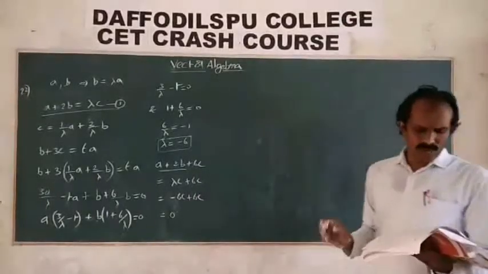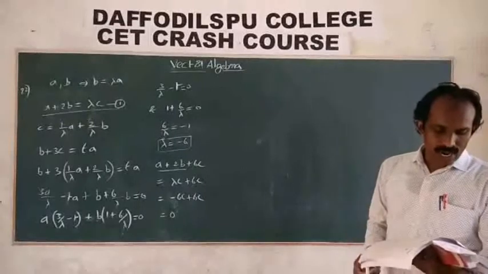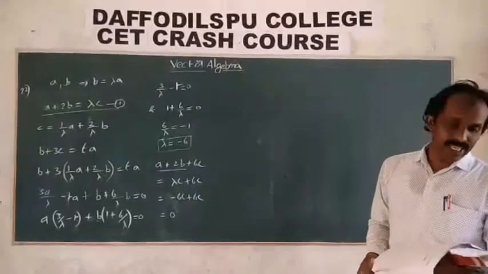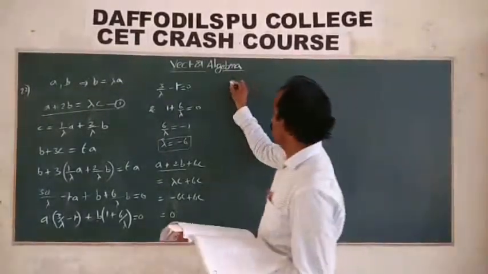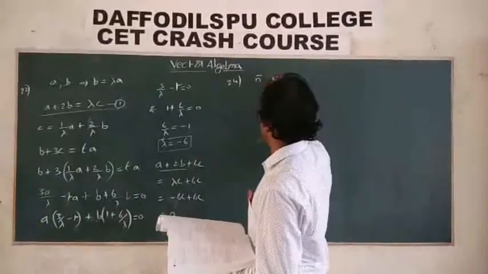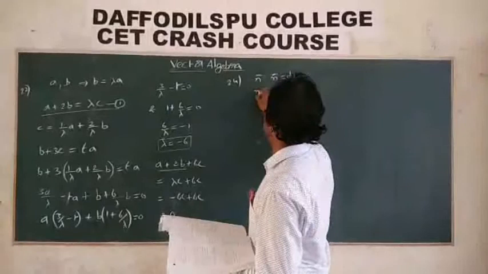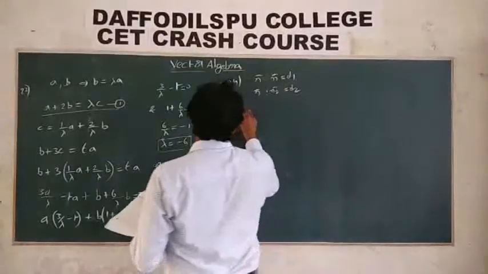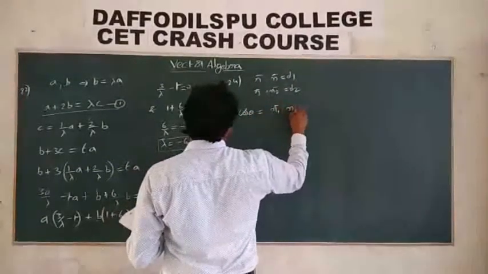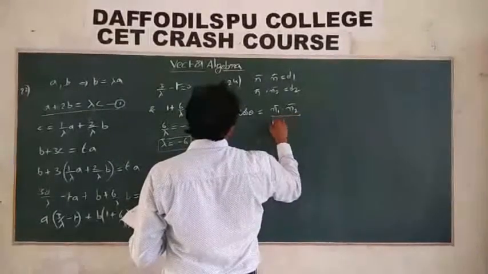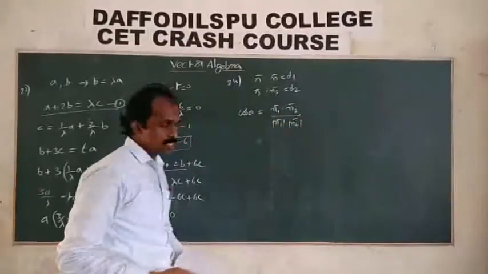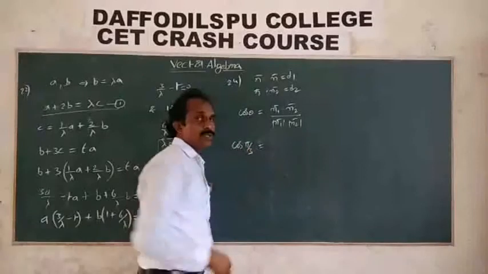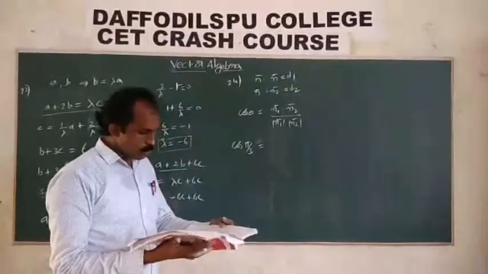Next, 24. R bar dot (i plus 3) is equal to 0 and R bar dot (i vector) is equal to minus 5. Given the angle, find the value of P. So we know R bar dot N1 bar is equal to T1, R bar dot N2 bar is equal to T2. Angle between two planes formula: cos theta is equal to N1 bar dot N2 bar divided by modulus of N1 bar into modulus of N2 bar. This is the angle between two vectors. So cos pi by 3, the angle between the two planes, is given.